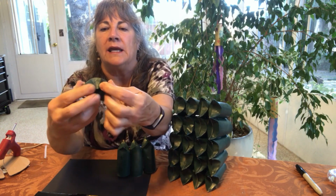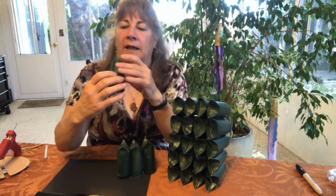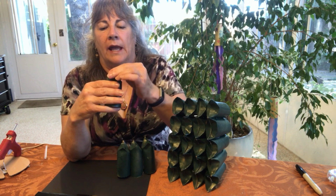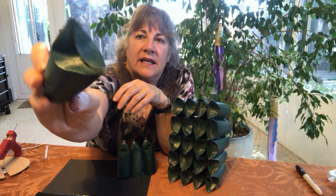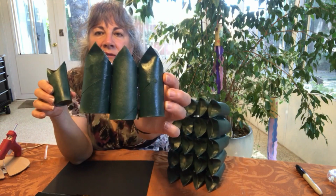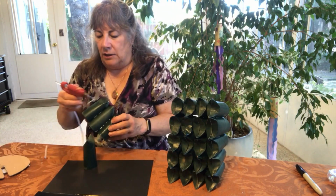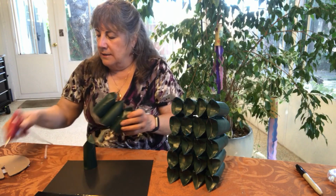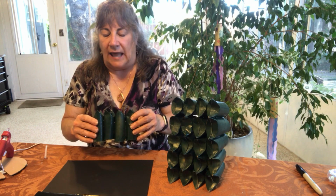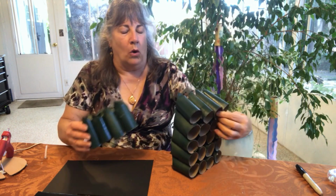Just like with the gift boxes, you're going to fold in like that, although you're going to do it a little bit neater, I hope. And then I sort of pinch the ends there, and that is now going to be glued. I already have 3 of them glued together side by side, and I'm going to glue this 4th one, and that is going to be my last layer on this 24 day Advent calendar,